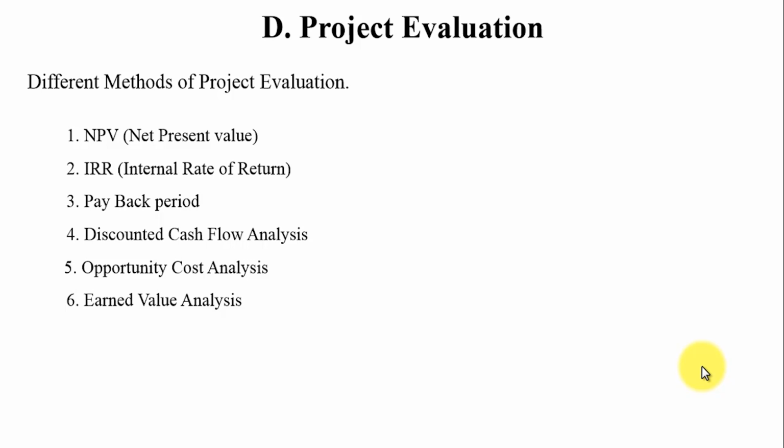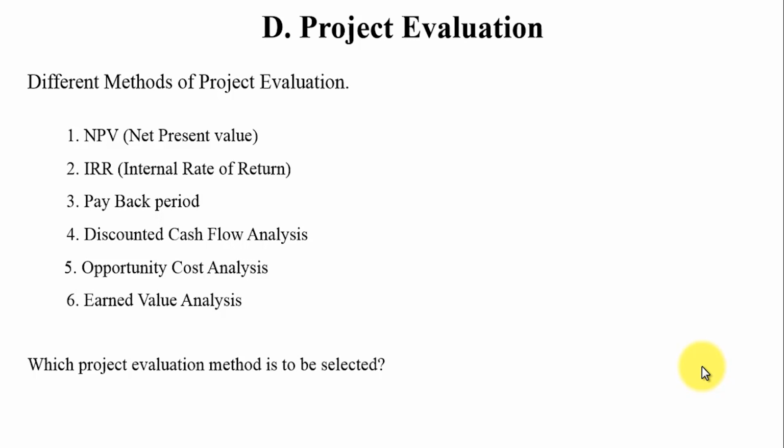Now, because you have an entire list of the various techniques, you might be concerned as a project manager, which method am I supposed to use? So the answer is there's no one size fits all. Yes, there's no one size fits all. Every project evaluation technique serves a different purpose, and therefore it is important to select the method according to the needs by which you are starting the project,